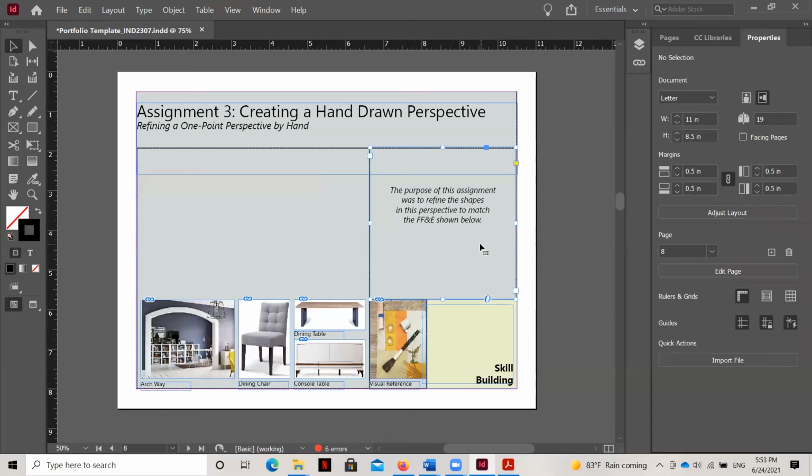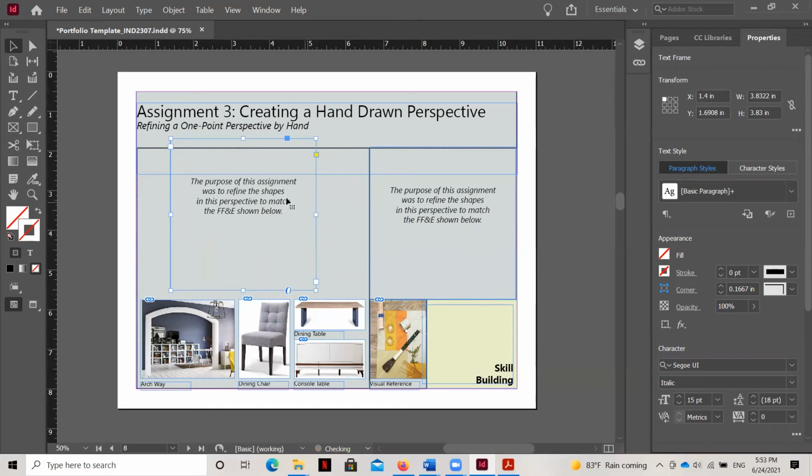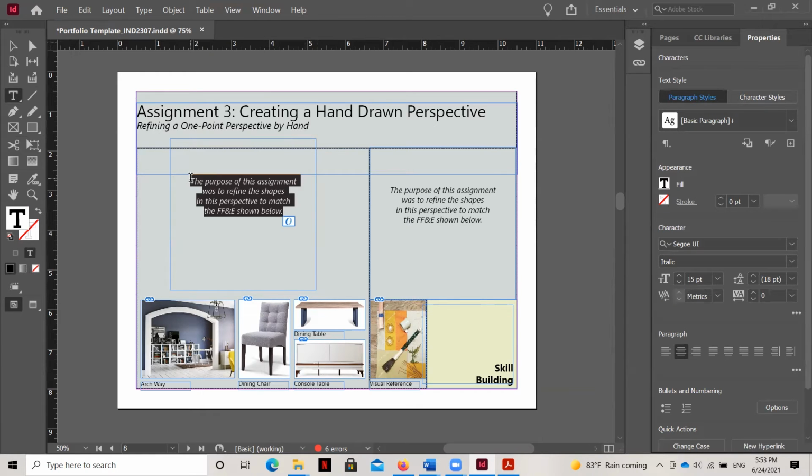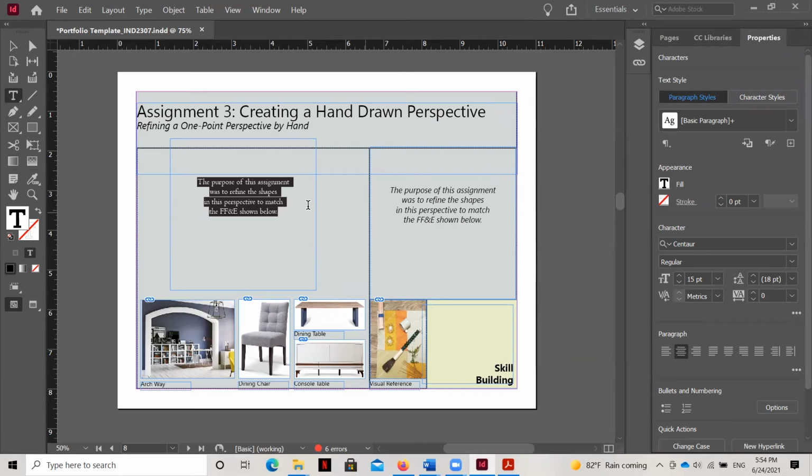So if I go ahead and copy this text box, so if I hit copy and paste, you can see here that the way that I selected here, I just double click inside, and let's say I switch to a different font. Let's see what Centaur looks like. Notice how Centaur at 15 points is much smaller than this Seagull at 15 points. So just be aware that if you jump between fonts, you may have to adjust the size of the font so that it looks more consistent with your template example, okay?